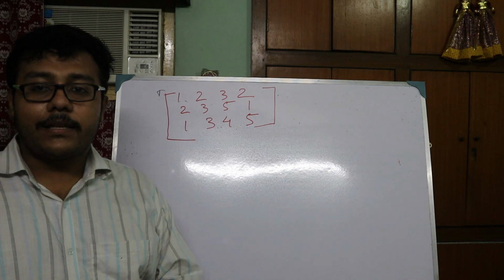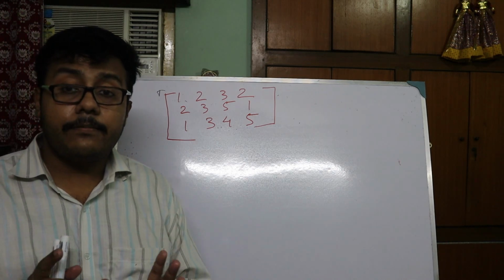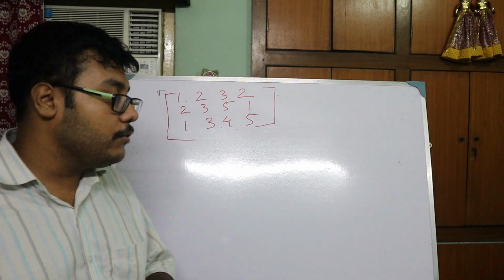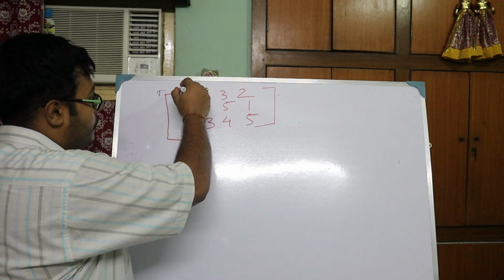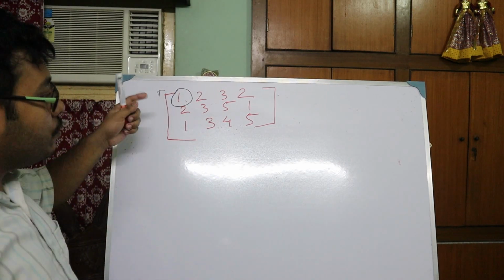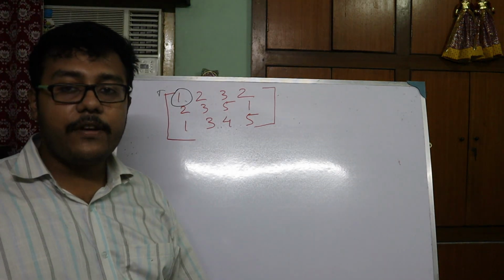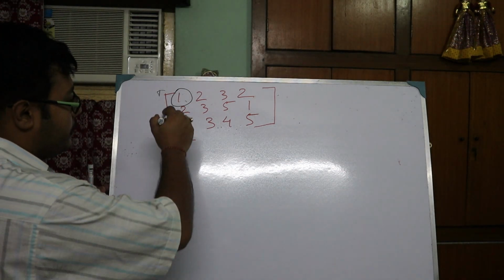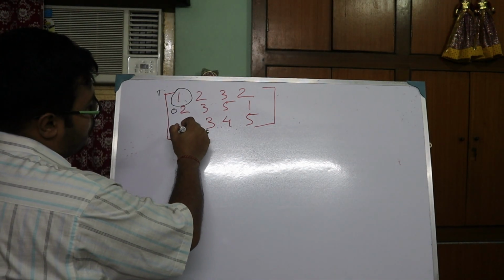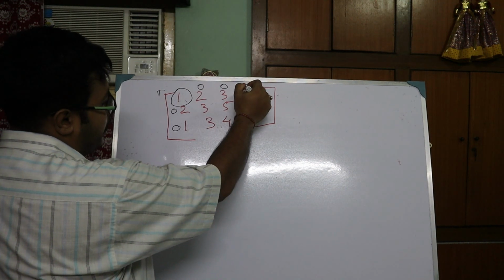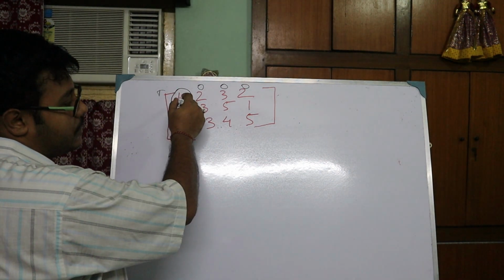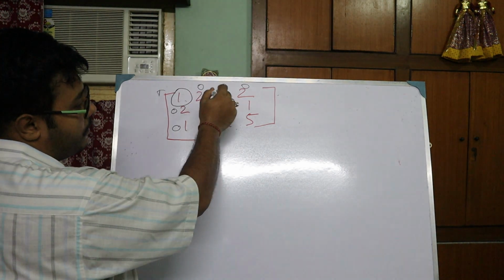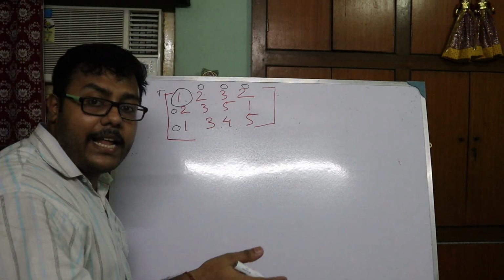Now, friends, I am telling you a very basic, simple thing: whenever you are trying to find the rank of a matrix, always try to turn this element into 1. In this case, we are already having 1, but anyhow, try to make this element 1 and then make these elements 0. It will be easy for you, because if you multiply this by 2, you will cancel out this and it will turn into 0. If you multiply with 3, it will cancel out and turn into 0.